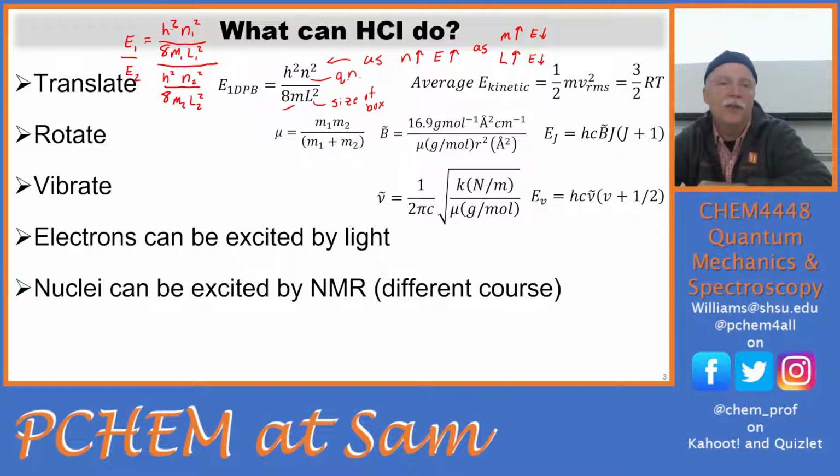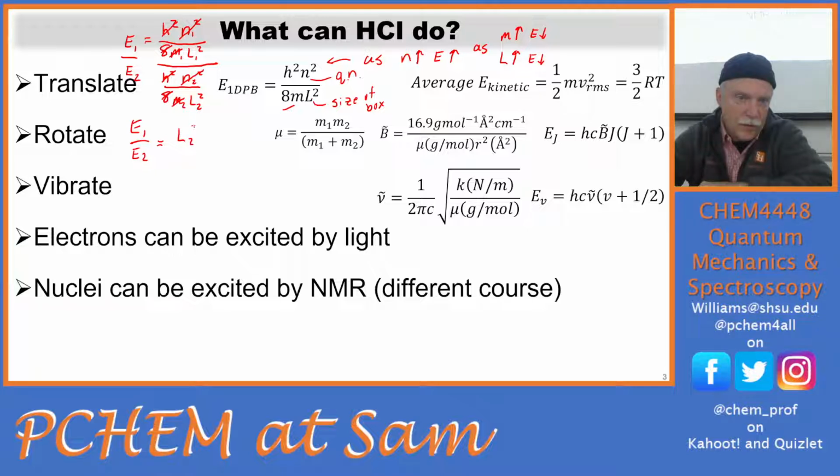Okay, I have to assume that the quantum number has stayed the same, so it cancels. Planck's constant is Planck's constant. Okay, it's not changing. 8 hasn't changed. The mass hasn't changed. The only thing that's changed is L. And so I can cancel all of that stuff and come up with a new equation now. So I have E1 over E2 is equal to L2 squared over L1 squared. Can everybody see that? Okay, and so then